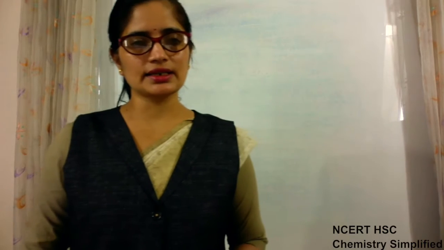Today we will continue with the topic which we left yesterday. Okay, so atomic radius we had discussed for the periodic table, and in atomic radius we had seen that because atomic radius cannot be calculated directly, we have to calculate it indirectly with the help of other parameters like covalent radius, van der Waals radius and metallic radius.